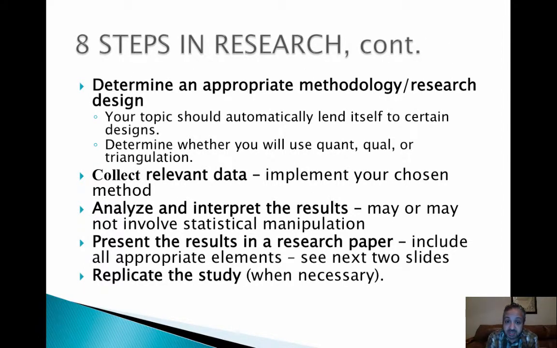Once you've developed your hypotheses or your research questions, you've got to decide on a methodology. Remember, we talked about quantitative research: content analysis, experiments, and surveys. There are also qualitative methods. We'll talk about those later. You might decide to triangulate. See that word there, triangulation? Triangulation is when you use at least one quantitative method and at least one qualitative method in the same study to test the hypotheses. In one study, sometimes you do both.